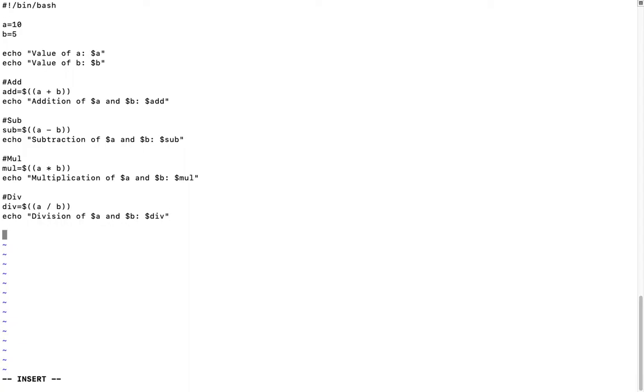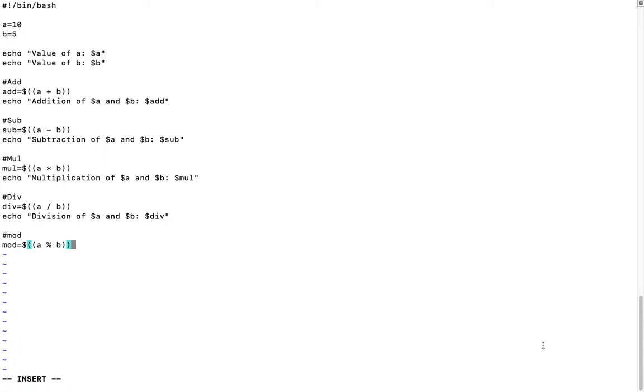Now we do modulus. In modulus, we get the remainder of a division. Here mod is equal to $((a % b)).